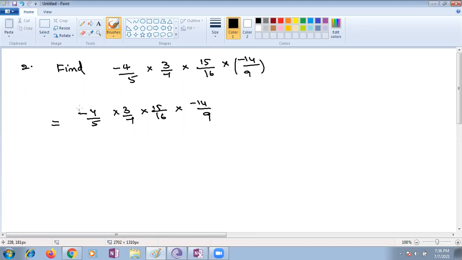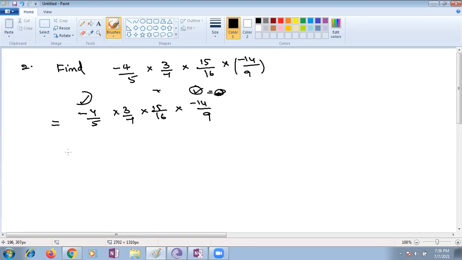Listen, it is plus 1/2. Here one time a negative is there, and here one time. In total, how many times, children? Together you have the negative sign 2 times. They cancel out each other. An even number of times means always positive, children. An odd number of times means it is negative. You have to keep that in mind.